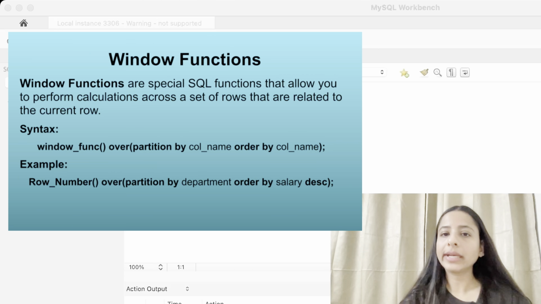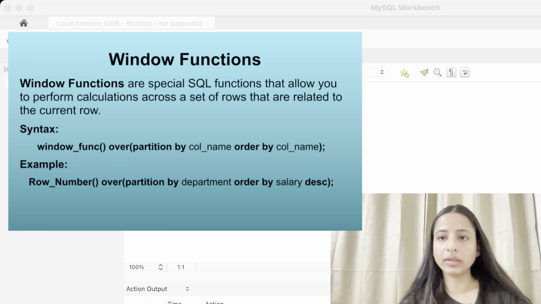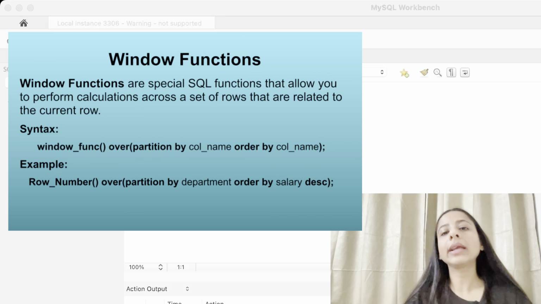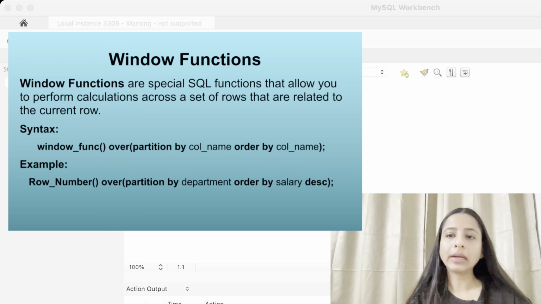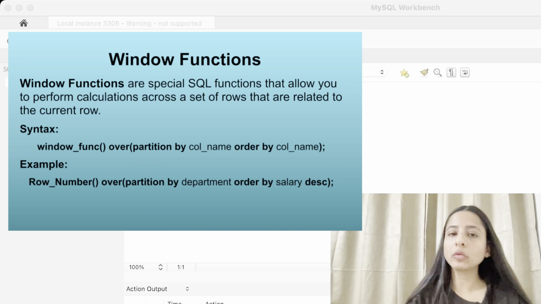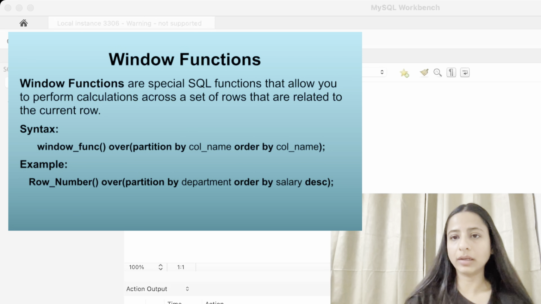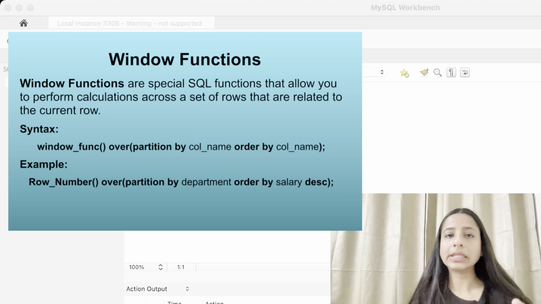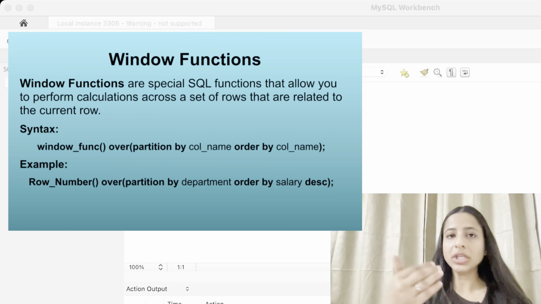This might sound like aggregate functions, but there is one significant difference. Window functions, unlike aggregate functions, keep individual rows while adding calculated values. While a standard aggregate function reduces the number of rows to match the number of categories to which the data are aggregated, the window function does not change the number of rows. Instead, it assigns the correct value to each row of the data set, even if these values are the same. To better understand the difference, let's go ahead with an example.